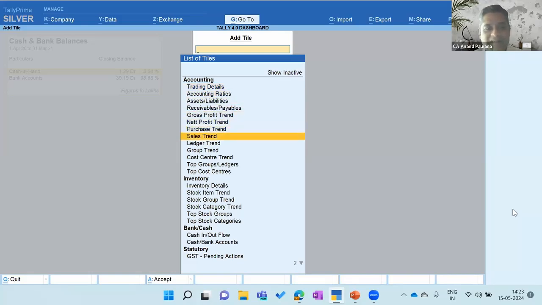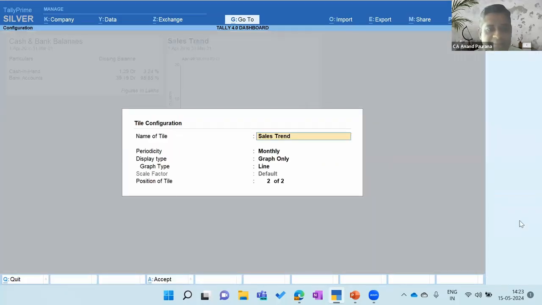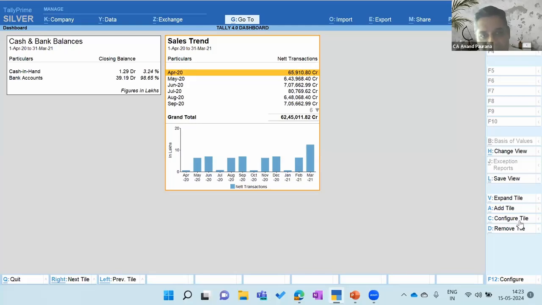For example, very misleading here is a sales trend. If you click on the sales trend, definitely it will give you the sales trend. You can configure that, saying I want maybe monthly data and bar graph, and so on and so forth. However, since I've done the basic research, I'm letting you know that this sales trend tile